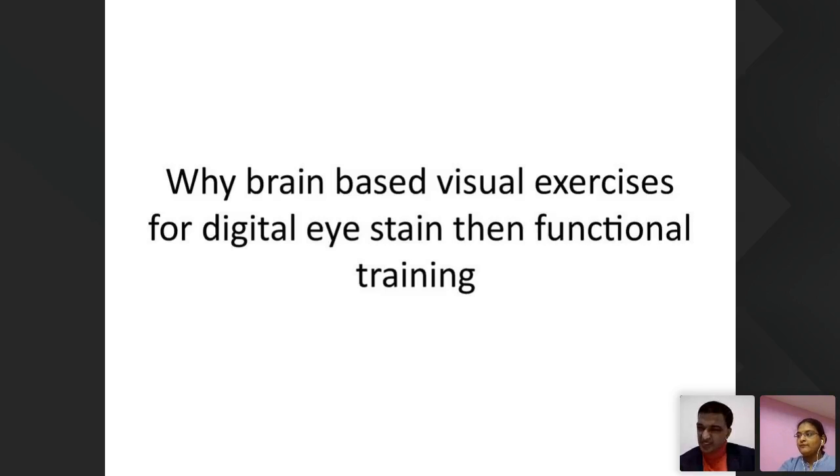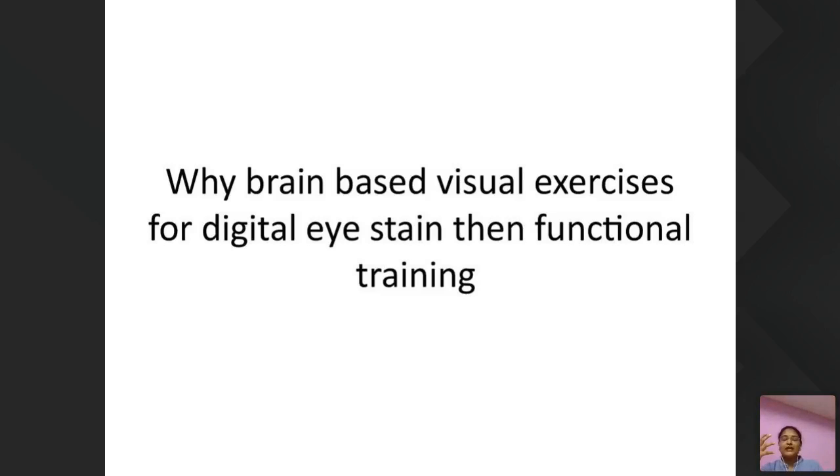We can start by viewing that small letter for 5 to 10 seconds, for a week, and then we can increase the time duration and increase the size of the letters. We have to start from the small letter, focusing on it for 10 seconds, and like that extend the period of fixation. This is about visual acuity. And then the eye dominance.